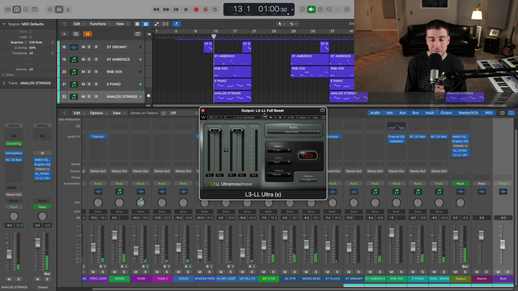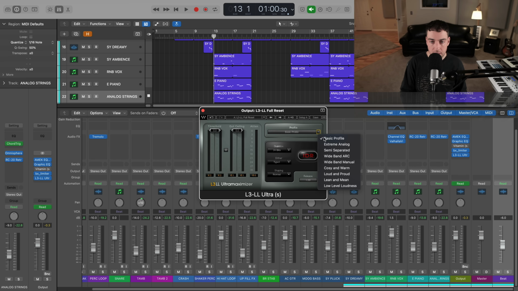All right, the alternate for our limiter or our maximizer is the trusty L3 from Waves. This is the low latency version, which means you can track with it. It's just a versatile limiter and maximizer, transparent, and we can get that loudness without wrecking dynamics.